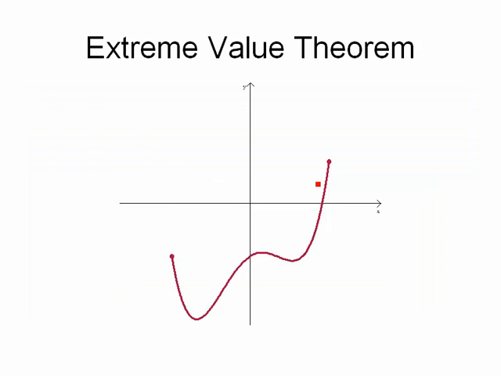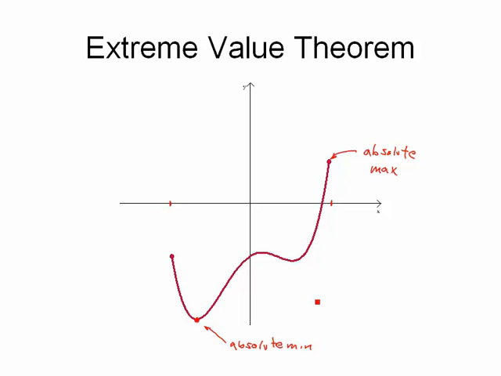Here's an example where I've got an interval that extends from an x value right about there to an x value here. If I want to find the absolute maximum here, I'm going to find the portion of the graph that's higher than any other. So right here, I see an absolute maximum. If I'm looking for the absolute minimum, I want to find the place on the graph where the y value is the very smallest, and that's down here. So this place would be an absolute minimum.